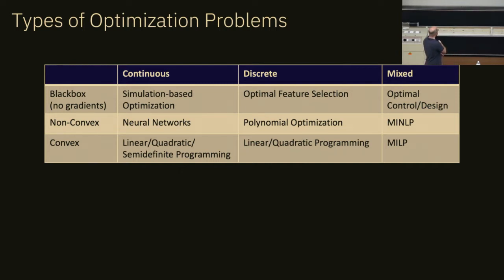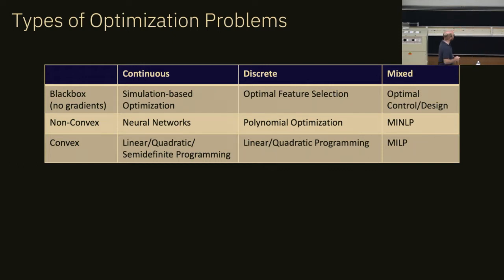In black box optimization, there's things like simulation-based optimization. If you have a complex system, you simulate that and you want to optimize some parameters. In discrete black box, there's something like optimal feature selection, I'll get back to that later. Suppose you have a data set, you select some features, you train a machine learning model, you score it, and this is the optimization problem. And for mixed integer programming with black box, there are optimal control and optimal design problems where you try to control a complex system. So these are different classes.